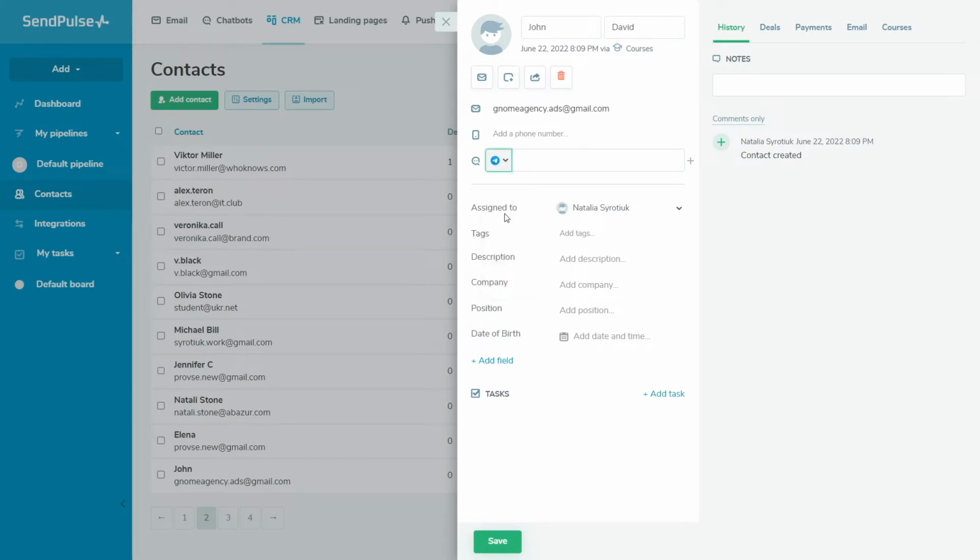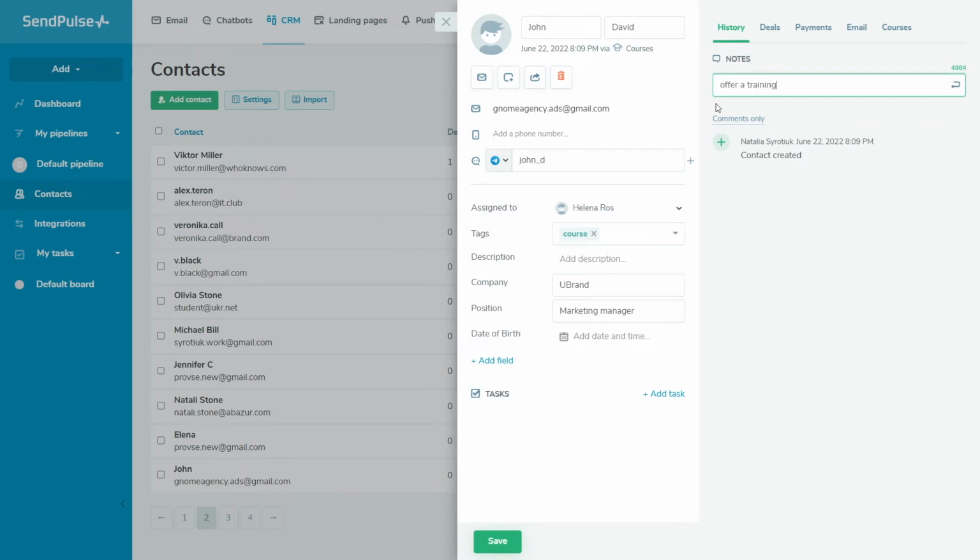Add contact preferences and features to personalize your communication with customers via email, SMS, and chatbots. To do this, enter or select the value you see next to the required contact attribute or create a new one. On the right of the History tab, you can add comments about the contact. You can see the history of working with the contact and participation in deals with all the comments below. You can choose to view the entire history or only the comments.